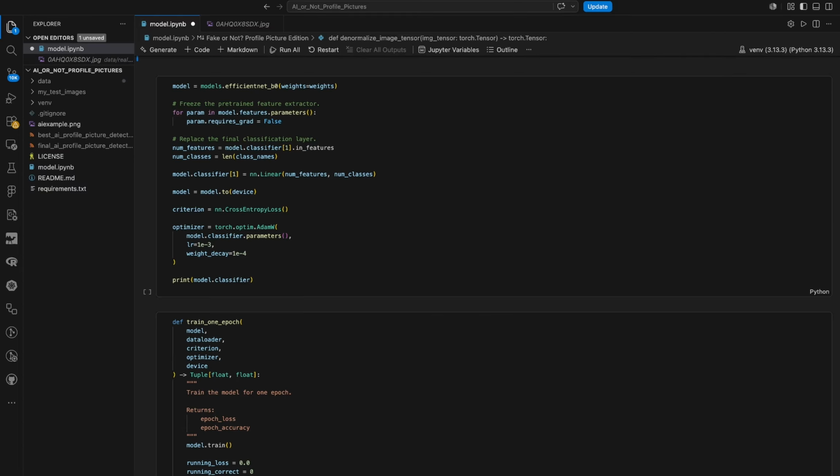For the model, I am going to be using EfficientNet-B0. Instead of training a CNN from scratch, we're going to be incorporating transfer learning. What does that mean? That means the model has already learned general image features from a large dataset. It already knows useful visual patterns like edges, shapes, textures, and lighting. Then, what we're going to do is replace only the final classification layer so the model predicts our two classes,